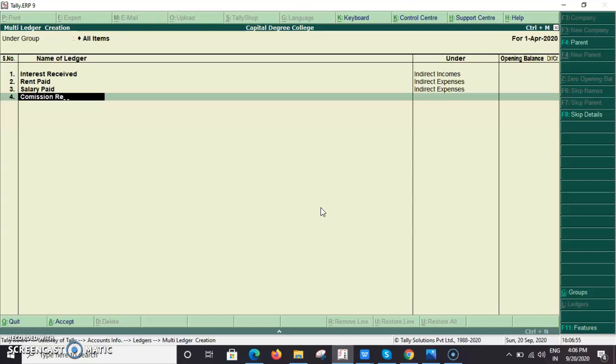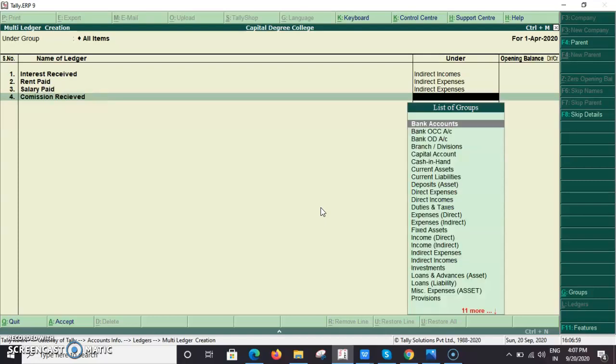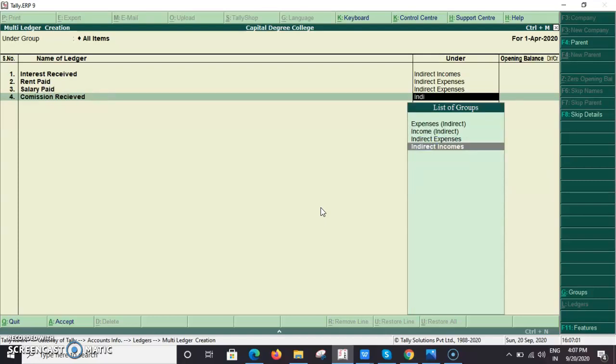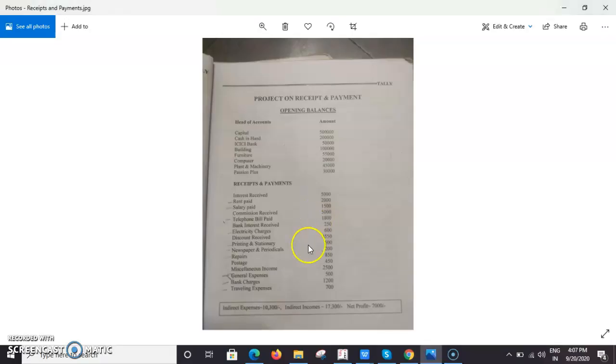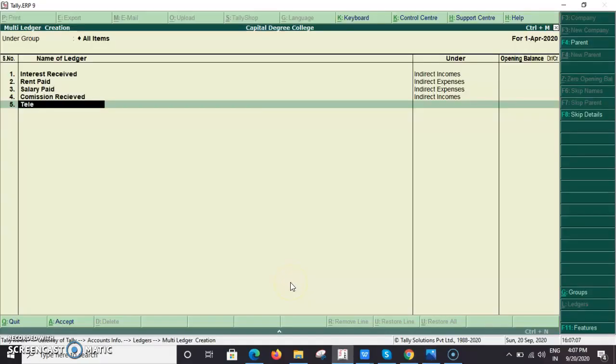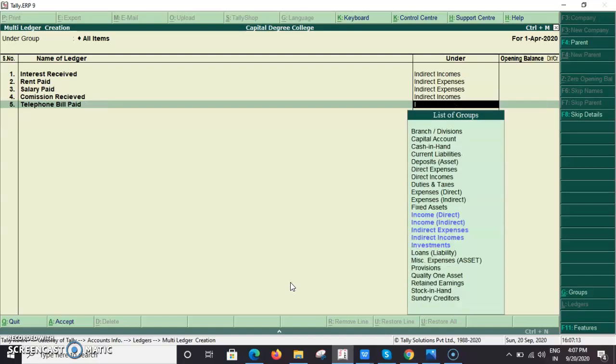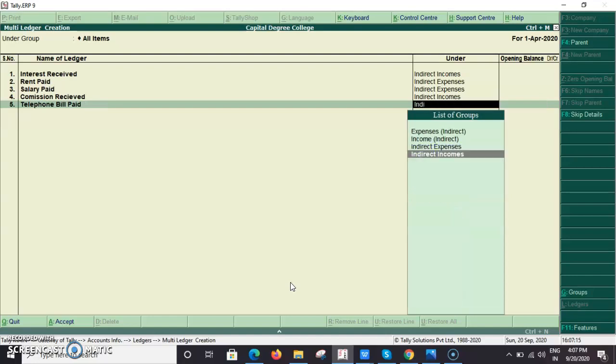Commission received, that is indirect income. Next, telephone bill paid. Telephone bill paid comes under indirect expenses.